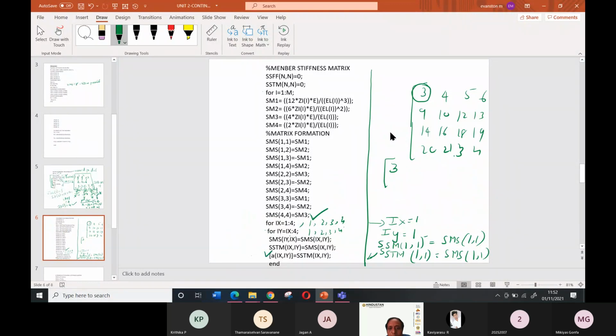This is a matrix form, A of Ix, comma Iy is equal to SSTM of Ix, Iy. So 1, 1 will be stored, 1, 2 will be stored, 1, 3 will be stored, 1, 4 will be stored when you are giving this particular sentence.